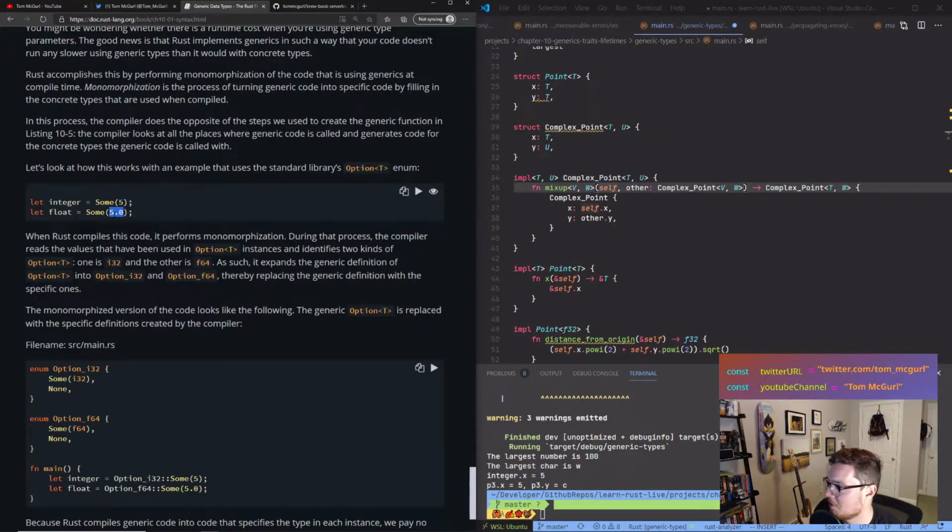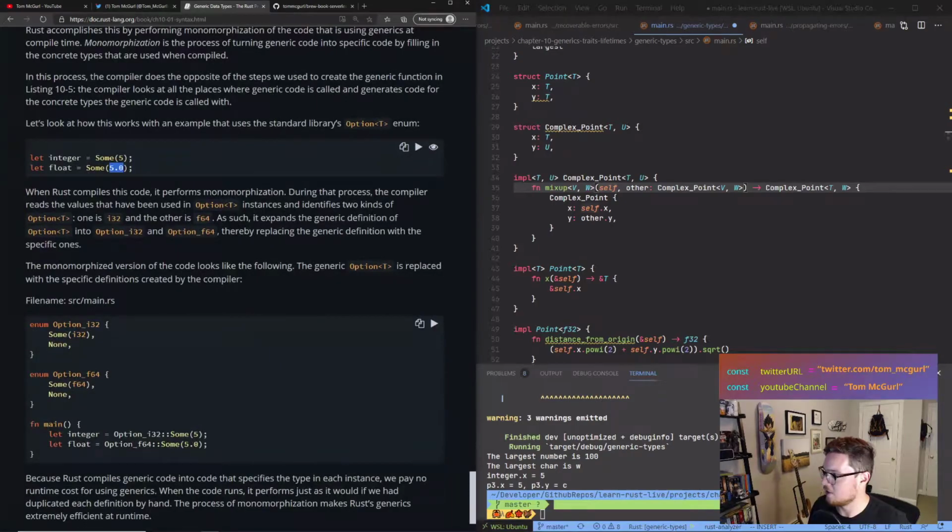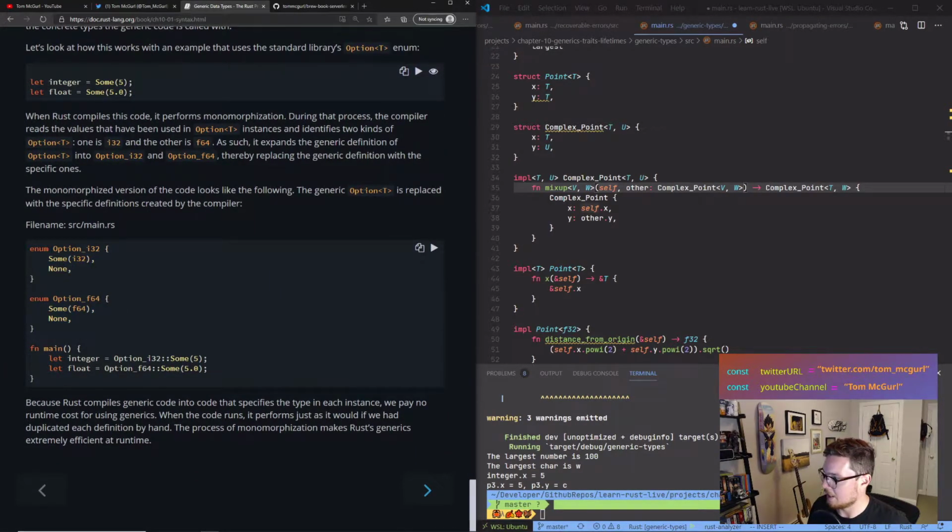When Rust compiles this code, it performs monomorphization. During that process, the compiler reads the values that have been used in Option<T> instances and identifies two kinds of Option<T>. One is the 32-bit integer, the other is the 64-bit float. As such, it expands the generic definition of Option<T> into Option<i32> and Option<f64>, thereby replacing the generic definition with specific ones. The monomorphized version of the code looks like the following. The generic Option<T> is replaced with the specific definitions. So that's very cool. So it changes this definition to represent this, and now we can handle those concrete types,